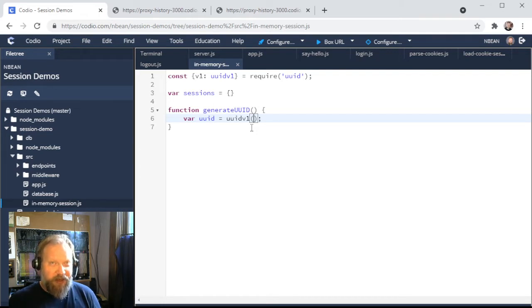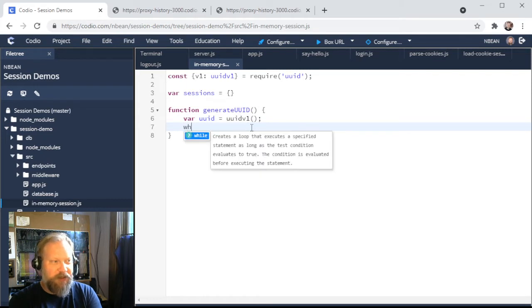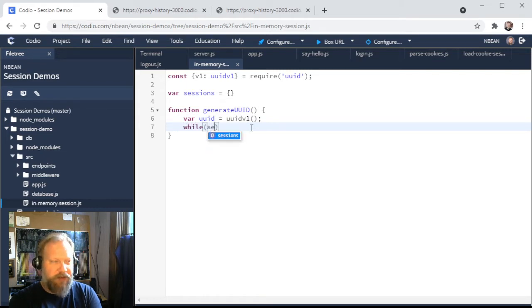It should be. It's one of these cryptographic algorithms where it is mathematically improbable that it will create the same key, but I like to be extra sure just because I'm super cautious about these things. So we'll go ahead and say while session